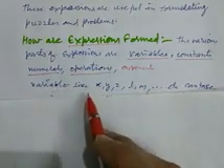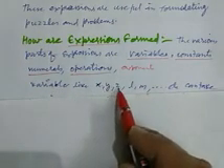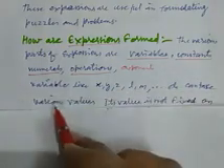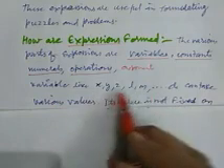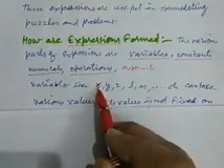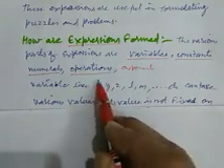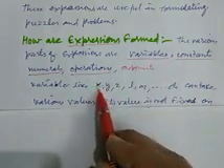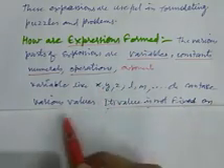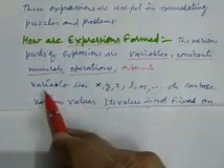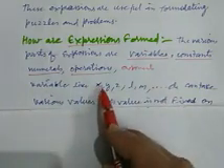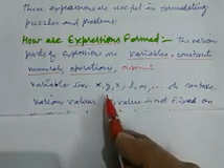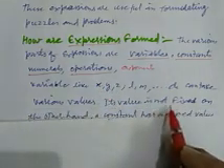Variables like x, y, z, l, m, n, etc. can take various values. If we want to put a value of x, we can put 1, 2, anything. So these types of variables can take various values, that is, they can change their value. So they are variables. Their value is not fixed.